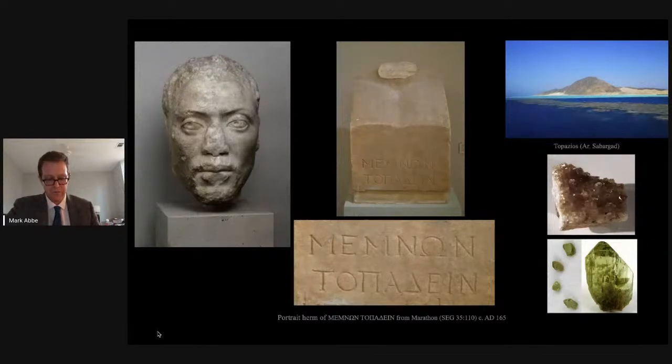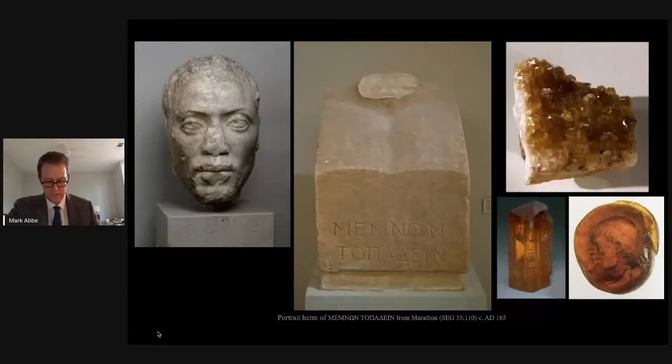The name need not refer specifically to the brown and green gems that were mined at Topazaios, but rather the larger circulation of such luxury gems from the trans-Indian and sub-Saharan trade, while simultaneously evoking this rich, distant, near legendary island. The learned wordplay by Herodes Atticus, identifying Memnon as little Topazaios rather than as literally little topaz, as has been proposed,